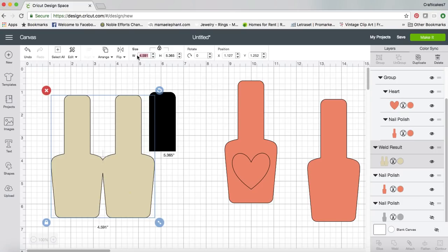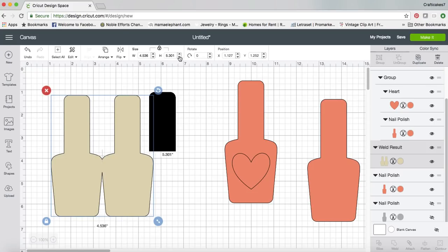It measured 4.67, and the height of this was 5.4. So I'm going to unlock this here. This little lock right here unlocks, and that way you can add your measurements in without the machine kind of second guessing you. So again, I'm going to put in for my height, I'm going to put in